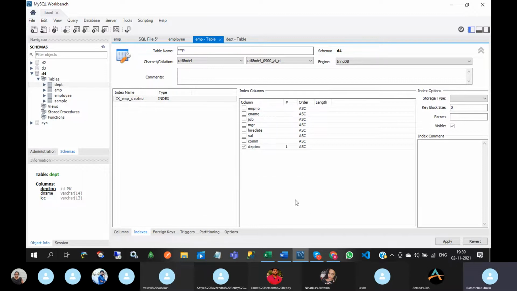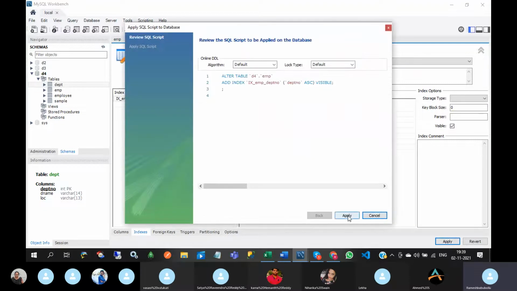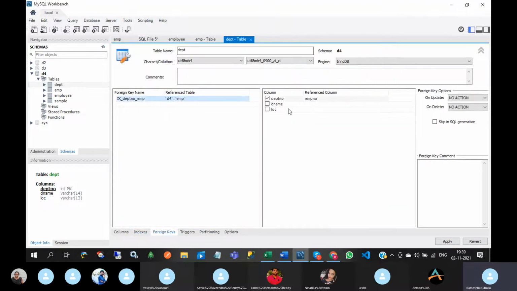I will tell what an index is in detail later. So I'm going to create the index now.